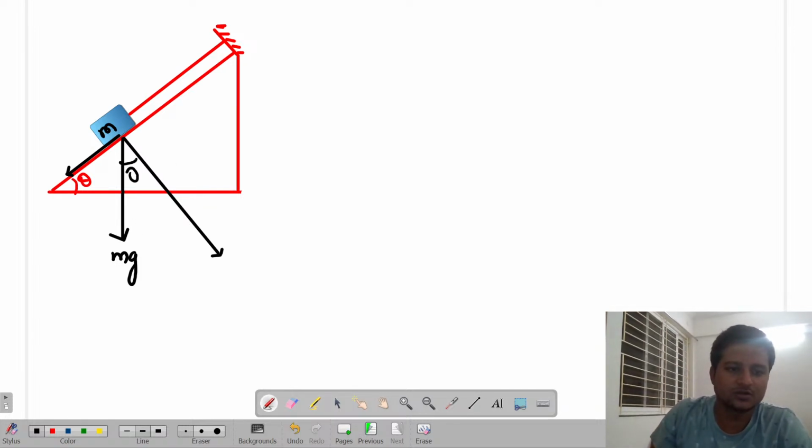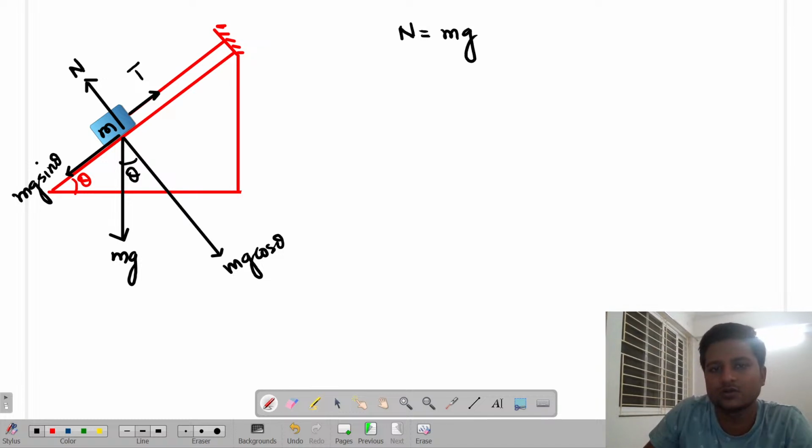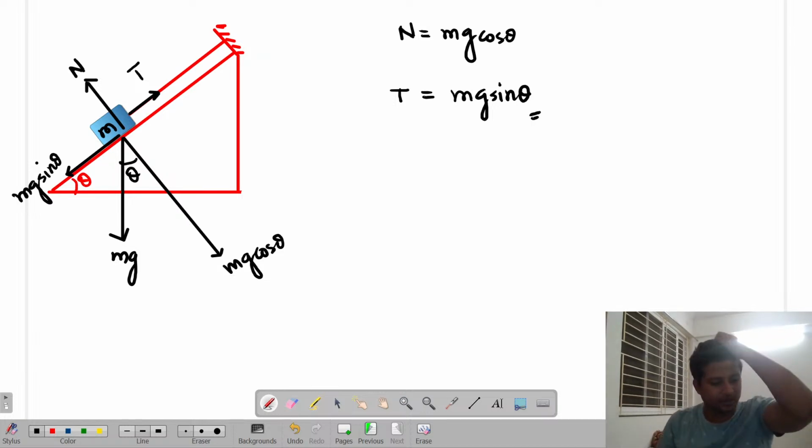So this is mg, and as you know, this will be once again theta. So this will be my mg cos theta, and this side it will be how much? mg sine theta. Are you able to get me or not? Now, as you know, from the center, the body will also create a normal over here, and then we'll have one more thing, that is, as the external force is present over here, there will be a tension T which will oppose this particular force. So we got the equation that both things are present over here. N is equal to mg cos theta, and then tension T is equal to mg sin theta. Are you able to get me or not?